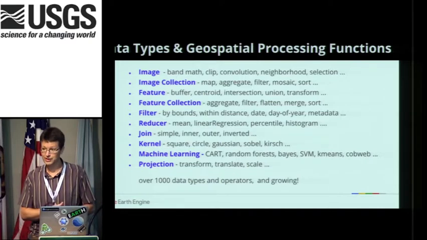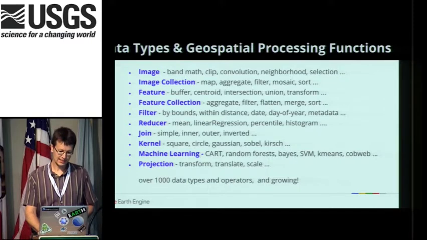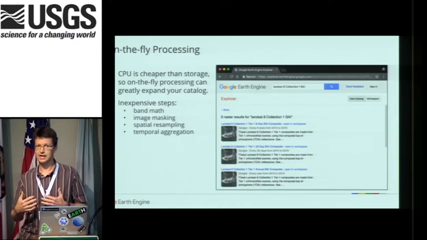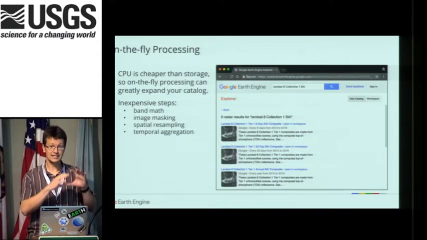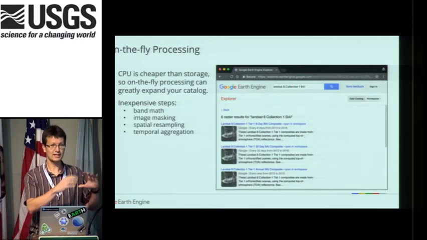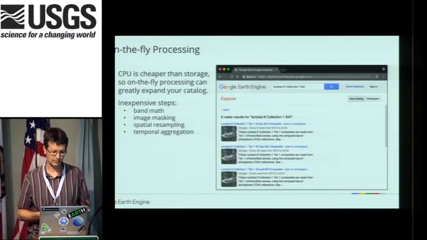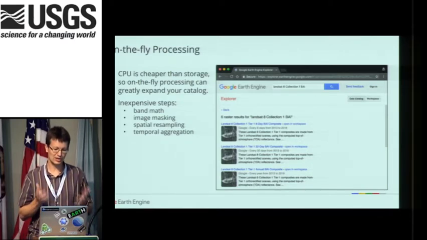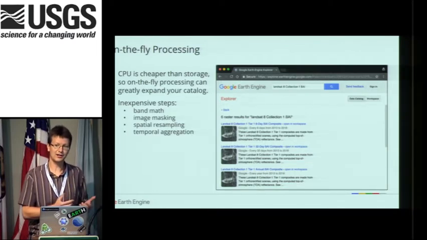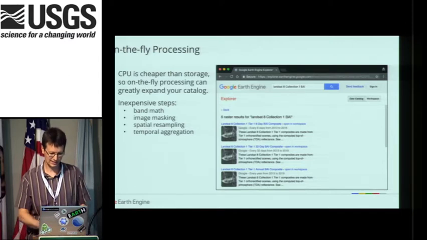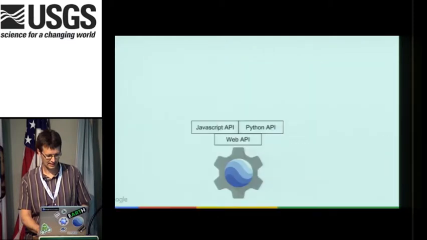In addition, as I said, we have about 1,000 of these algorithmic primitives that we can apply to these data sets. And what's nice for us is that we will start with a data set that is provided by somebody like USGS, NASA, et cetera. That's our starting point. It's processed to their level. And then we can do some things on the fly to make these virtual data sets. Anything like band math, image masking, spatial sampling, resampling, temporal aggregation, a lot of these are listed in our catalog, but they're not stored anywhere. We basically just do that type of operation on the fly. And so somebody can treat it as just a static data set.